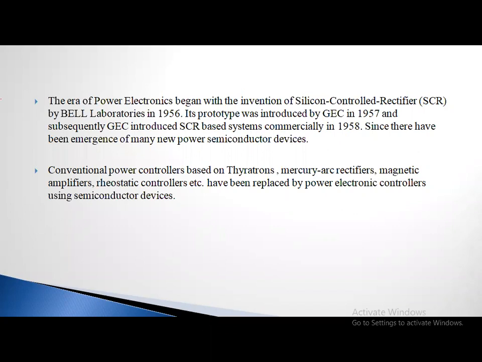This is called a prototype. It means that in Bell Laboratory they invented the SCR, and its prototype was invented by GEC, General Electric Company, in the year 1957. It means that this SCR device can be used in these places, for this purpose we can use it. In this way they have given the prototype. Clear? So next,